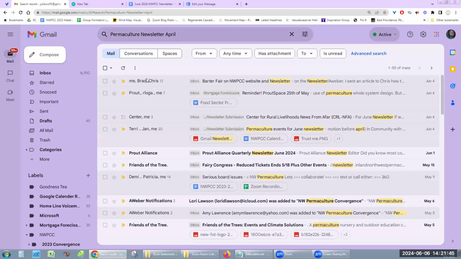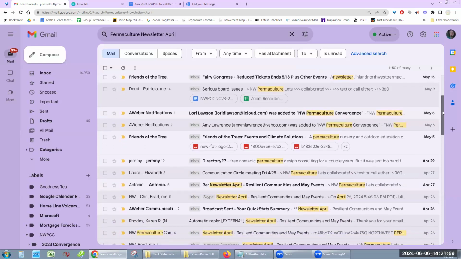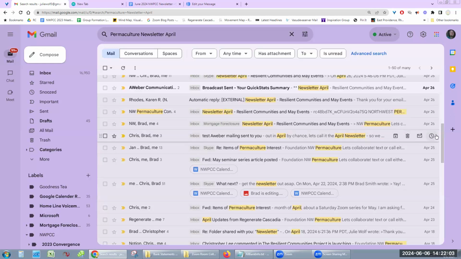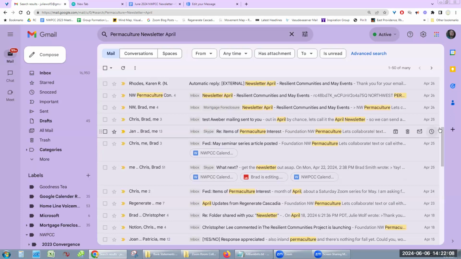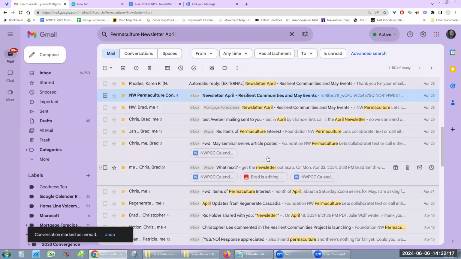I want to show you what a preview might look like. Is there a sent button on AWeber? You can look at previous things you've sent out. But you won't see what it looks like in someone's inbox. Okay. So right here, if I mark this as unread,